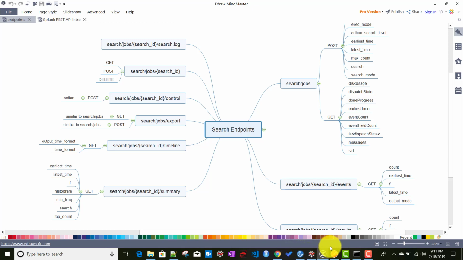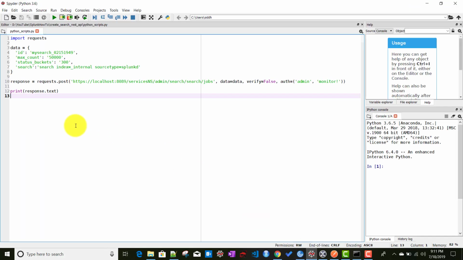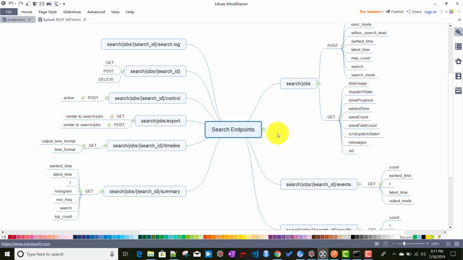Also we can use the Postman tool to post something to the Splunk endpoints and get some results, or we can use a Python script to do the same. All these tools are actually doing the same stuff, only the implementation is different. The first endpoint we'll be talking about today is